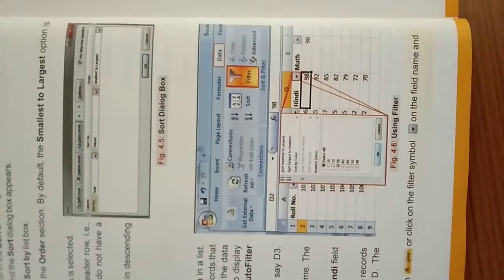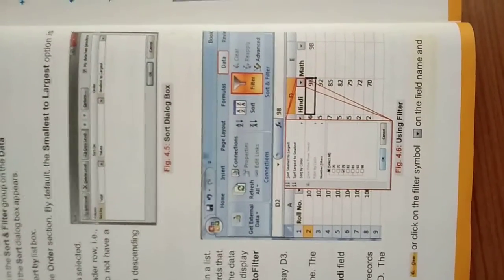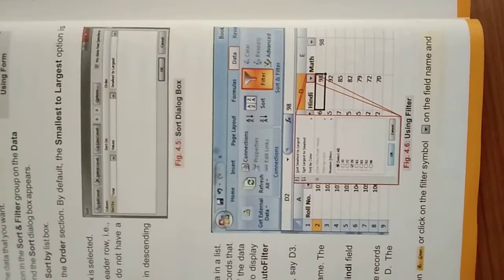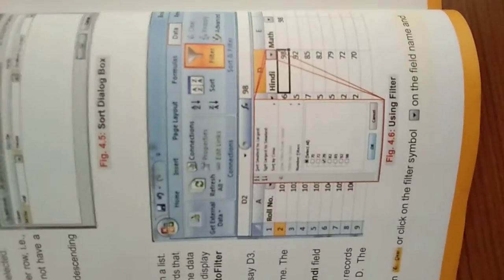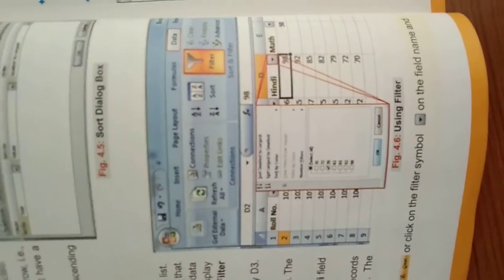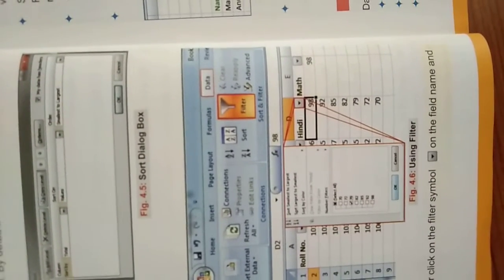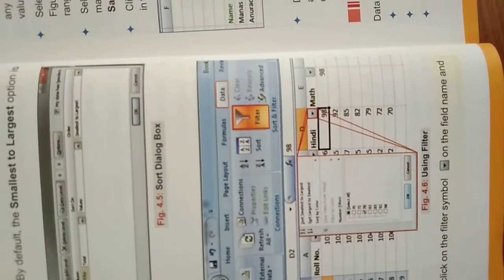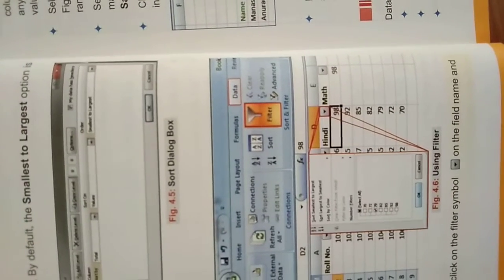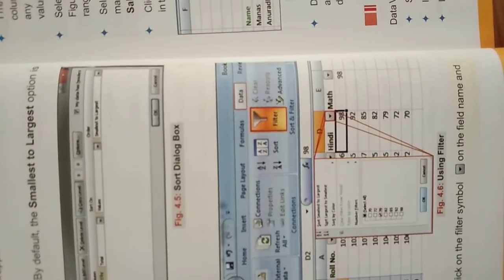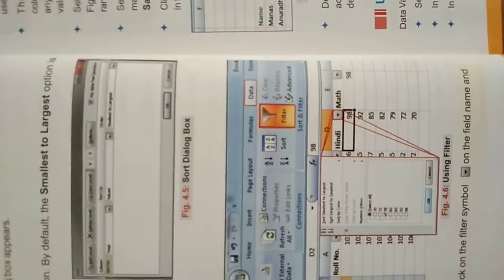So class, MS Excel plays a very important role. Why? Because with the help of MS Excel, we can easily calculate with operators like adding, subtracting, division, sorting of data, deleting of data, filtering of data, and the main and most important thing, in MS Excel we can make various types of databases with the help of rows and columns.